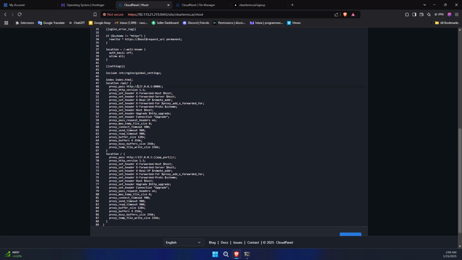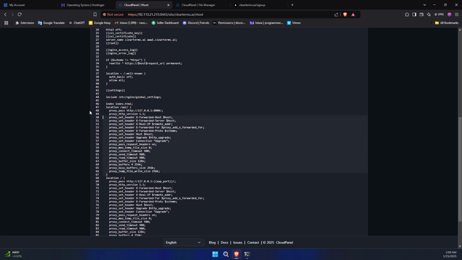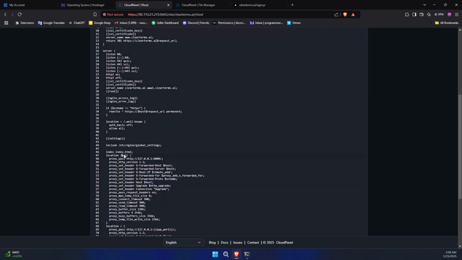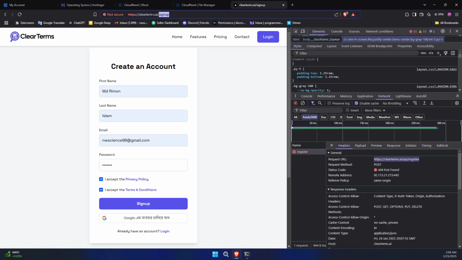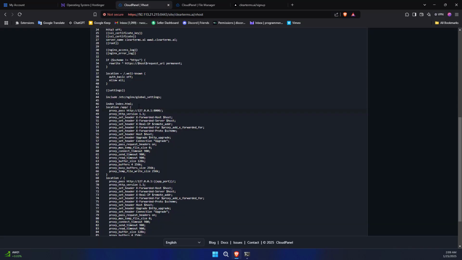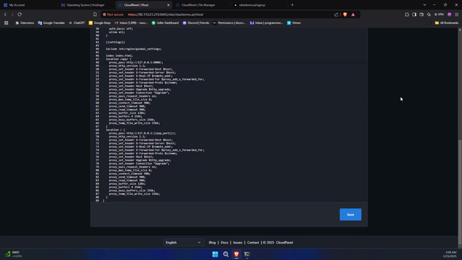And for the backend you have to create another location. So since this already existed, you can name it anything you want. Let's say it's app slash this. So when you call domain name slash app, then the backend server will be called. So let's save it,